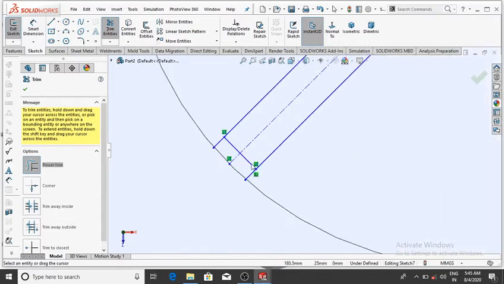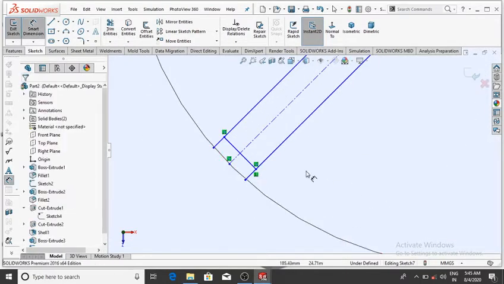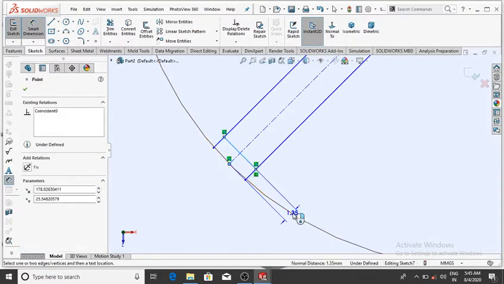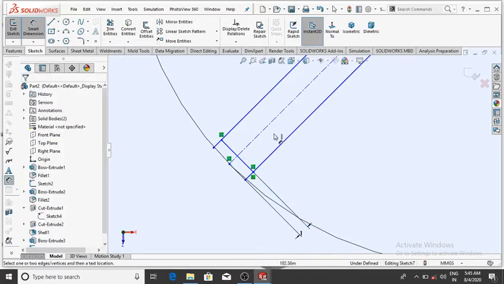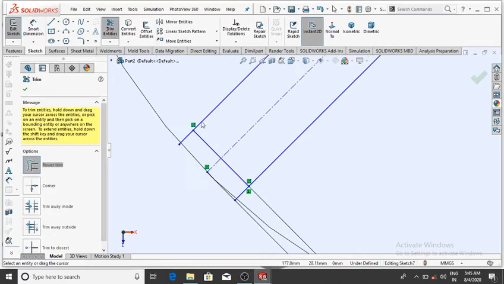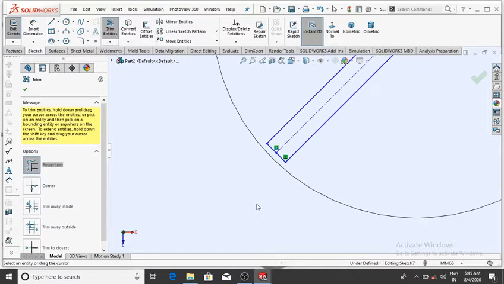Make the smart dimension here, select this point and this point and make it 1 mm, then okay, and trim it, so select and drag,